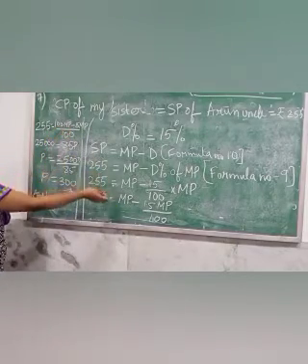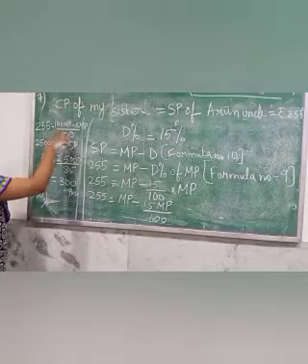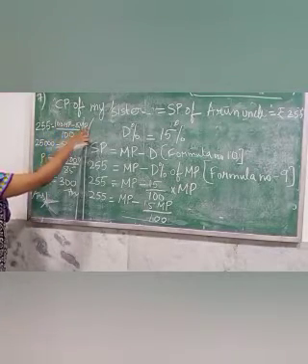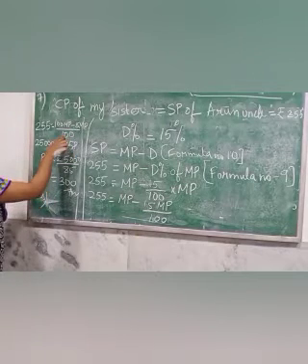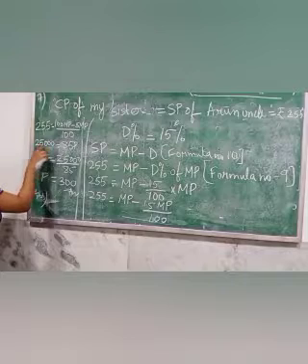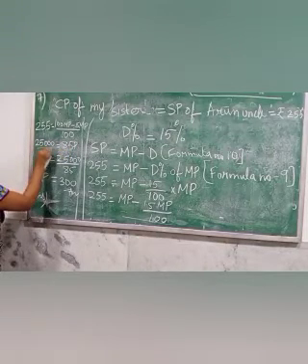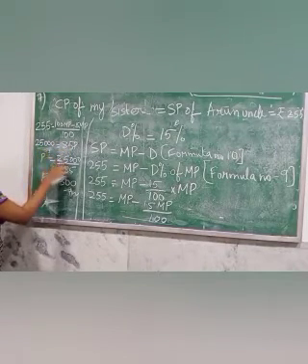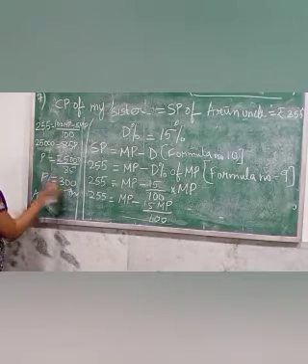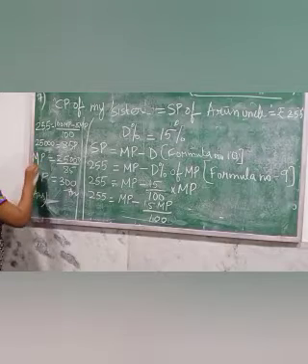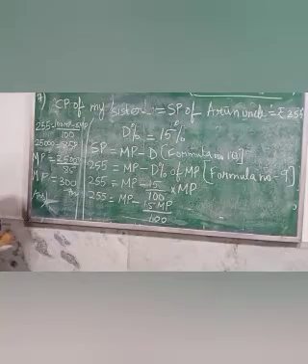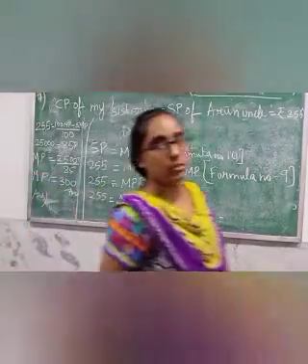You have done this in class 5 or 6, how to take LCM and do this in fractions. Okay, now 100 MP minus 15 MP will give you 85 MP, and this 100 will go to this side and multiply, and you will get 25,500. Now 85 will come down here and you will get 25,500 by 85. Cancel, and you will get the MP value. You will get MP value 300. Okay, means marked price is nothing but 300. Copy this one.